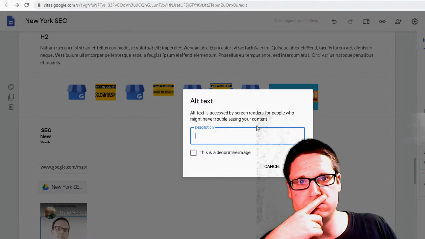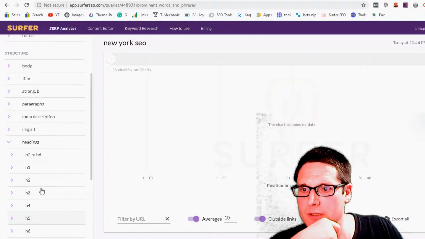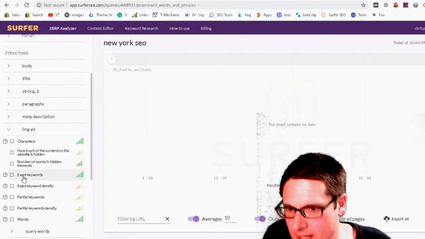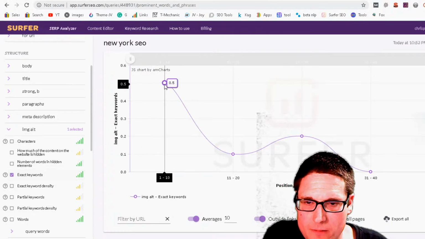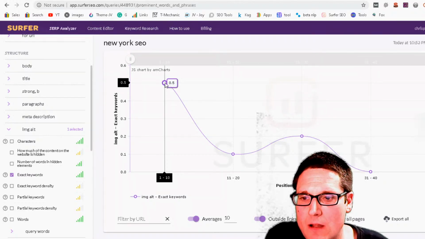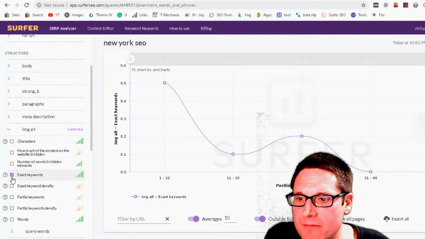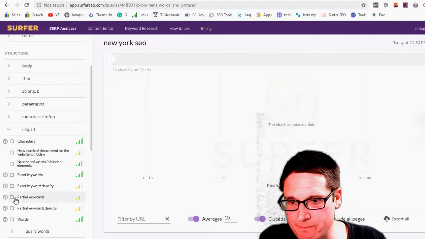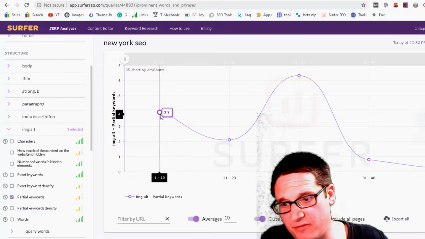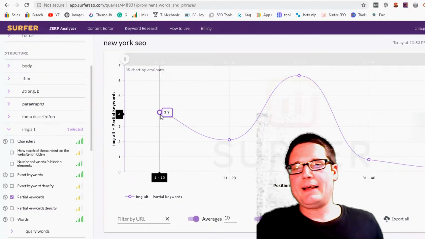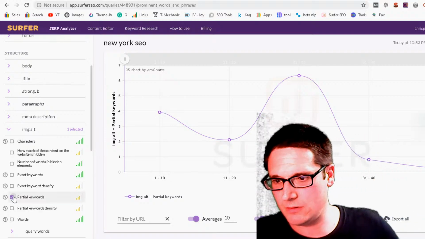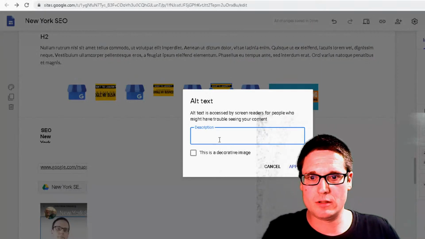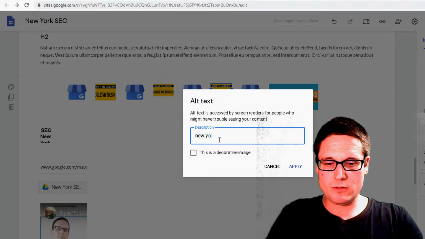All right, so let me go over here quick. Let's make sure that we're getting the right stuff. So image alt, exact keywords. So that's what they're using primarily. So half of the keywords inside of their image alt attribute is exact match. And then partial, let me guess, 0.5, 0.4. So they're basically using partial. Okay. So, I mean, without me having to literally go look, I'm assuming that we're using, so New York,